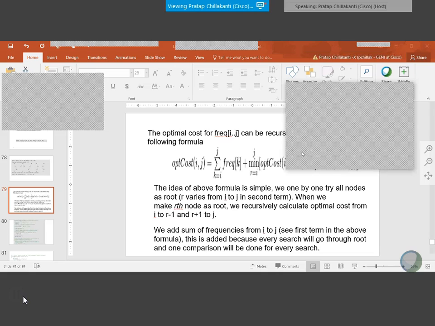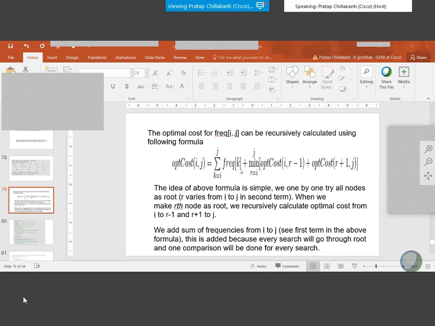So K, the first one is the root, and then you take the optimum cost of the elements up to the rth element, and then the optimum cost of r plus 1 to j elements. That is the explanation for that code.